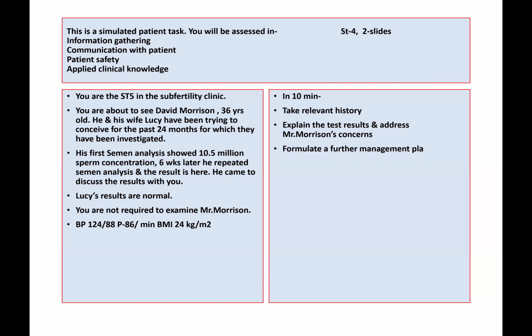So your condition. First, your sperm count was 10.5 million. Now the second sample has been showing 7.5 million. Okay. So have you collected after a period of abstinence, like after 3 to 5 days of abstinence? Yes. Fine. So what we tell in medical terminology is oligospermia. Have you heard about it before? No, I don't know. So usually the sperm count should be 39 million, but yours was about 7.5.